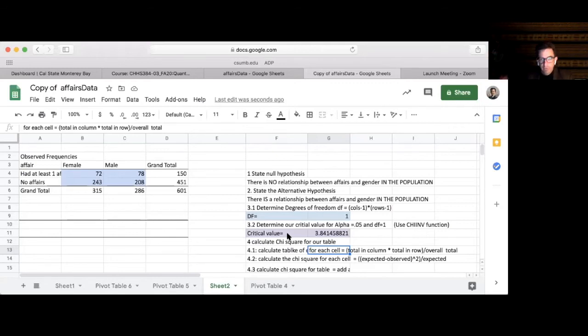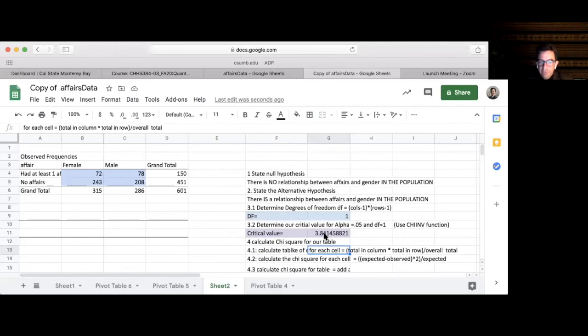And we know that when getting samples from a population where there's no relationship and calculating chi-square statistics for them, we would get chi-square values higher than 3.84 less than 5% of the time,